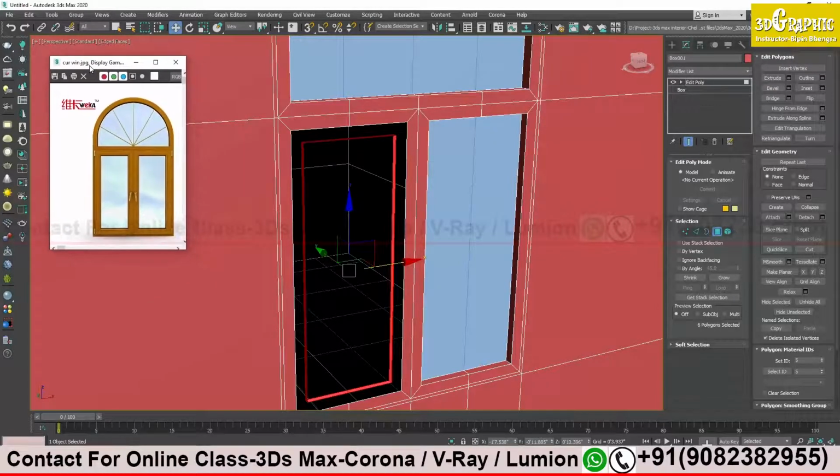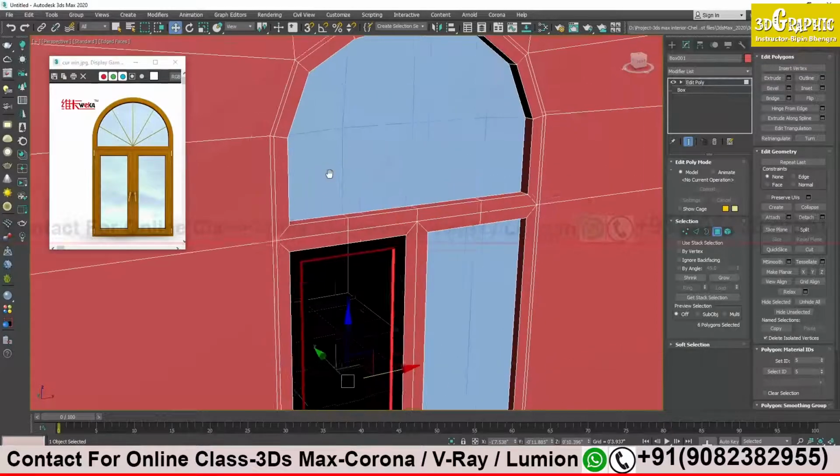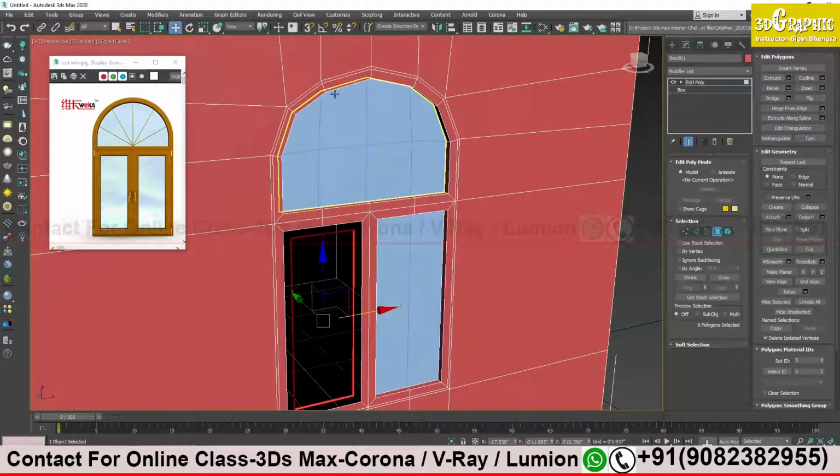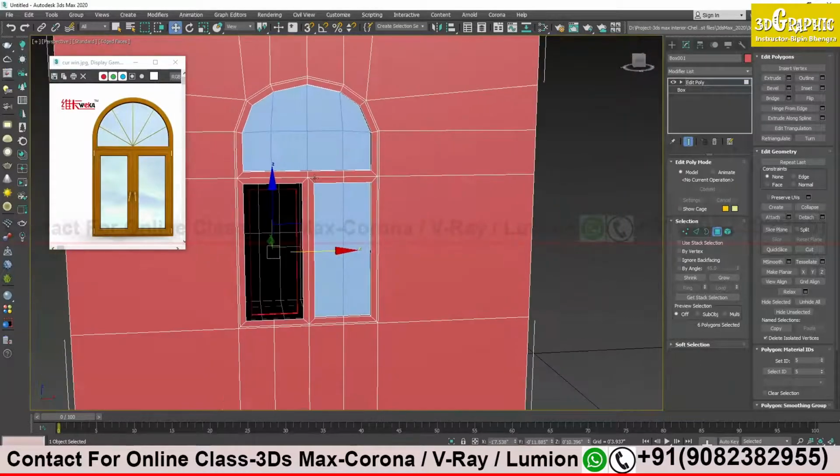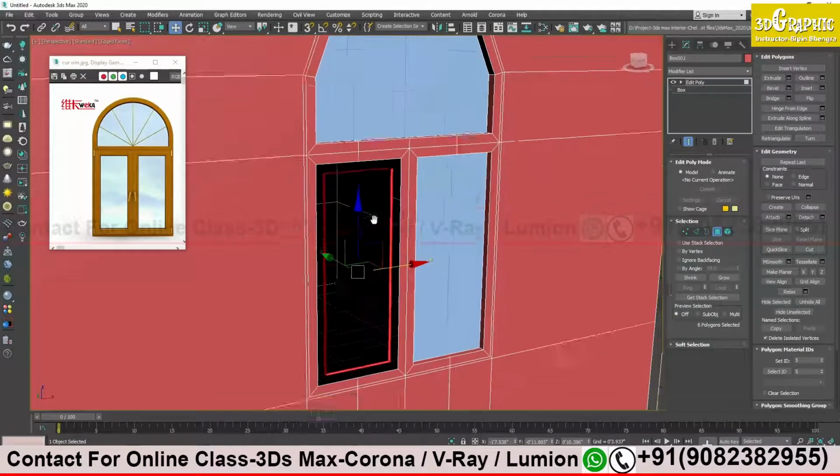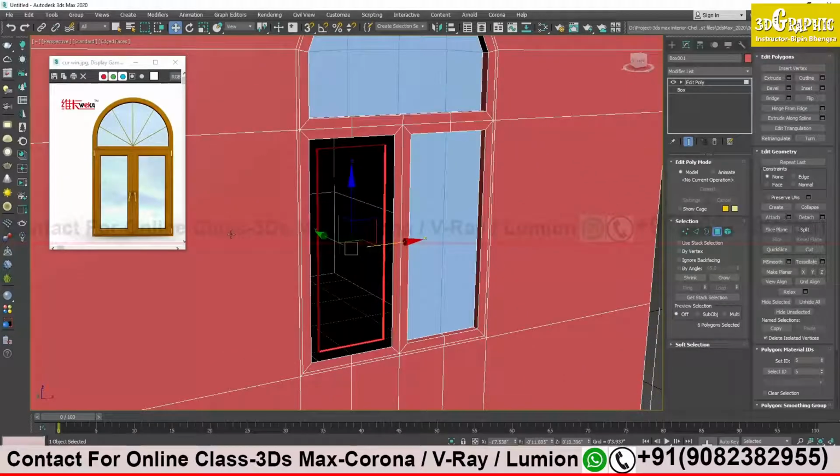Sir, this panel I have doubts, sir. Actually, for the window, the option is to connect, no, sir. Face and connect. Okay. This panel, how to. Okay, hold on. Let me finish. Is it the same thing which I am doing, or a different one? Okay, sir. Different one. Just hold on for a second. Let me complete this. We already did something. See here, we have already created a top portion a bit, and let me continue this, and then we'll come to your doubt also.